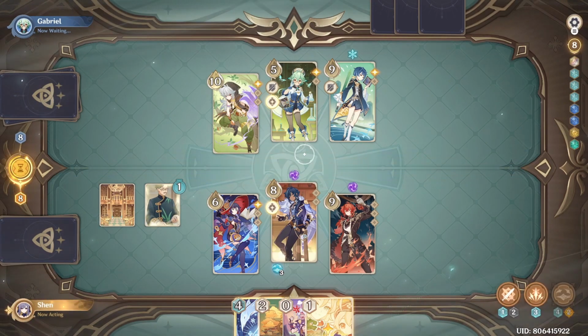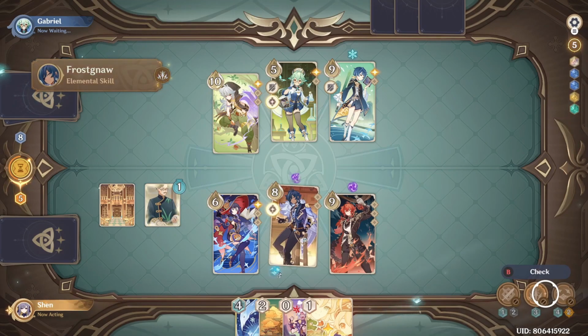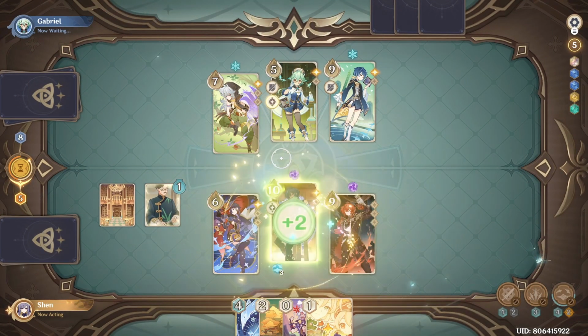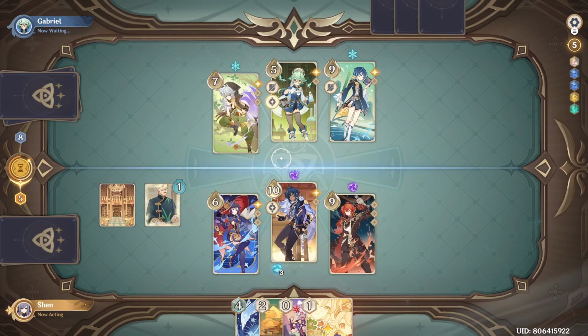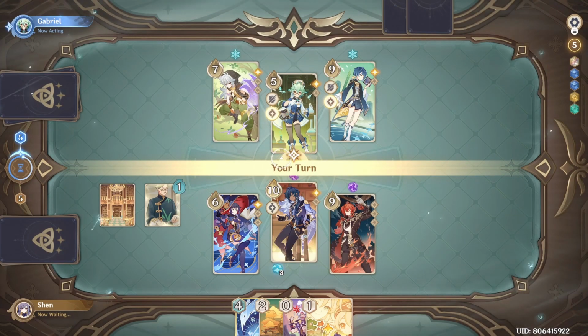So I was trying to reroll for the Cryo dice and the Hydro dice because I just thought that, yeah, I want to buy some time. I want to start to heal my Kaeya, especially since I've got the Lucky Dog Circlet already attached to Kaeya. So I can use Kaeya, I can swap over to someone else, and I can freeze off the